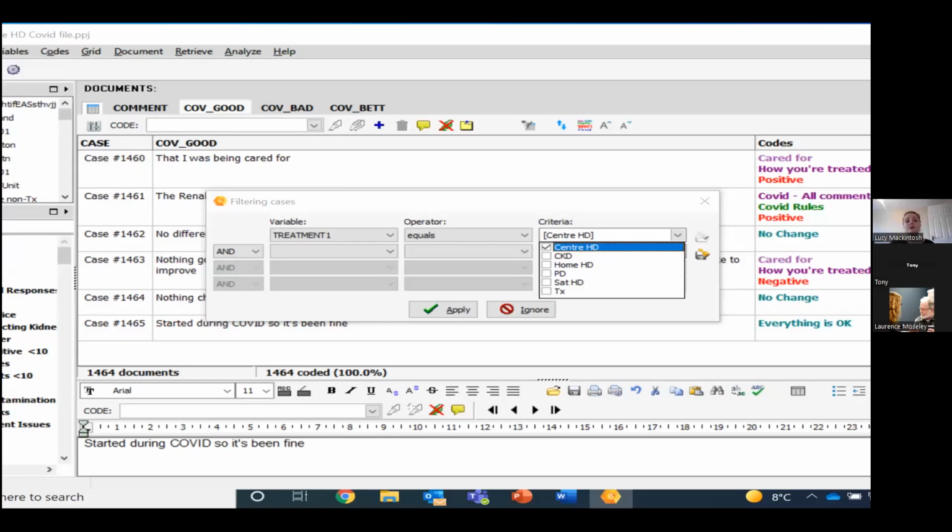As Tony mentioned at the beginning, I'm looking at centre characteristics, practice patterns, and patient experience during COVID. So here I could filter based on different treatments and then look at what they said and how that might matter for the centres and different regions of the UK. You can filter down your entire data set based on the variables you want to focus on. And you can also do this with codes. You can filter down to just a specific code, and then you can look. For instance, I said about positive and negative when doing a bubble chart, and then you can run the whole analysis again.